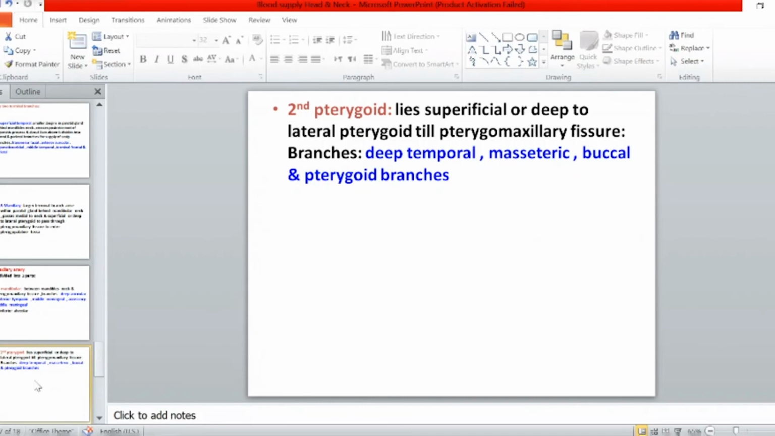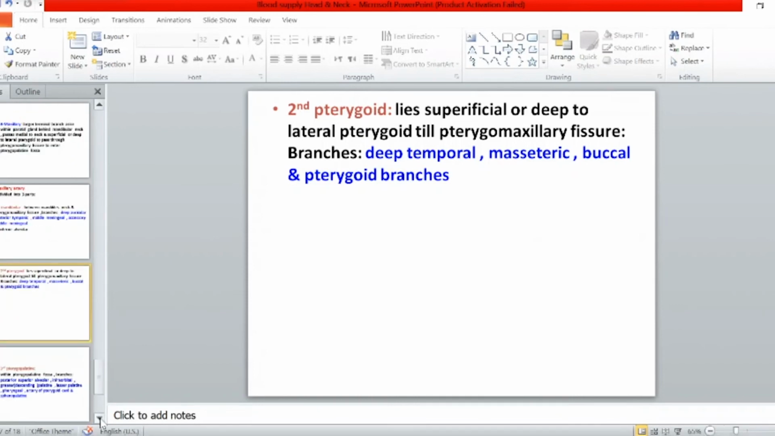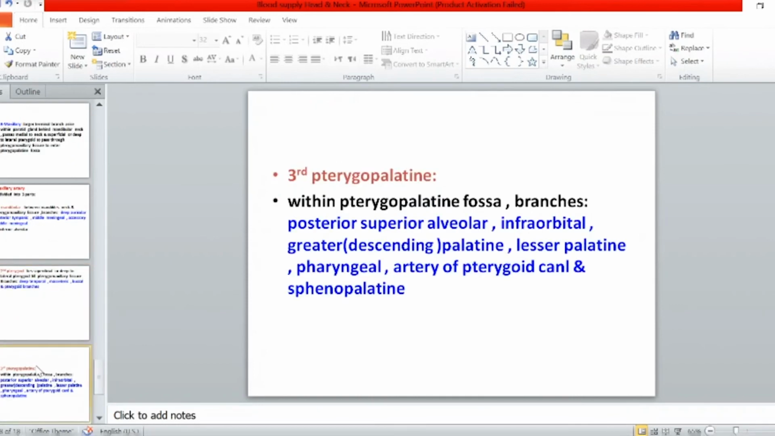So mostly this is muscular, giving rise to four muscular branches for the temporalis muscle, for the masseter, for the lateral and medial pterygoid muscles, and then gives rise to a buccal branch for the supply of the skin of the face on the lateral side, that of the cheek. Then from here it enters through the pterygomaxillary fissure to become the pterygopalatine part. This lies within the